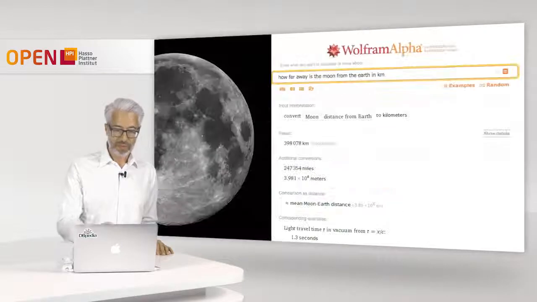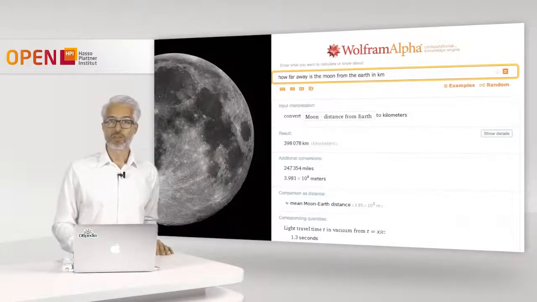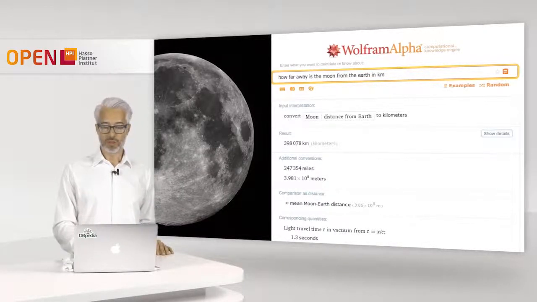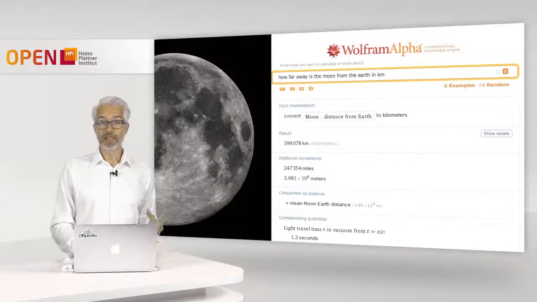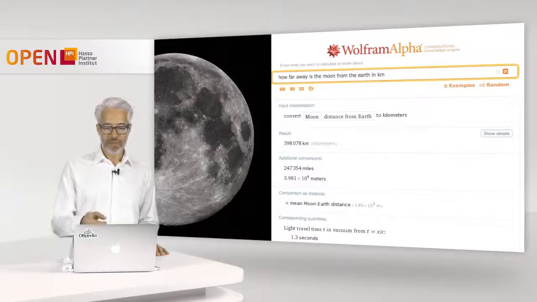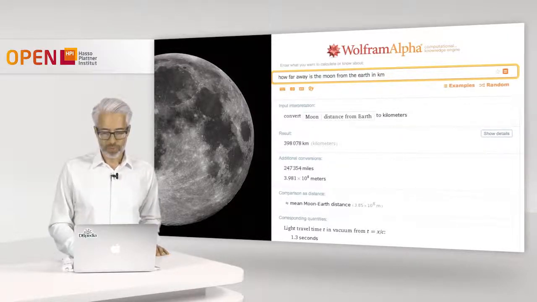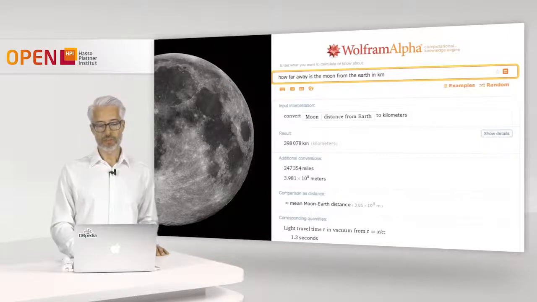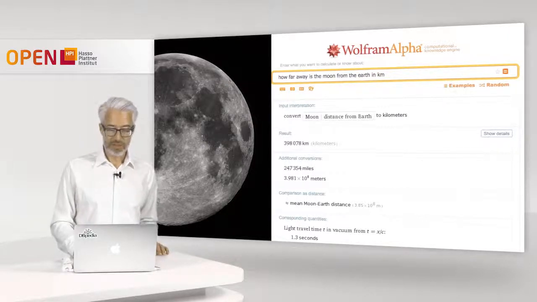For this, there are so-called fact retrieval engines, like Wolfram Alpha, which is rather powerful in interpreting natural language questions. For example, I tried the question, how far away is the moon from the Earth in kilometers? And you see that the search engine tries to interpret the query correctly and gives the result in kilometers,